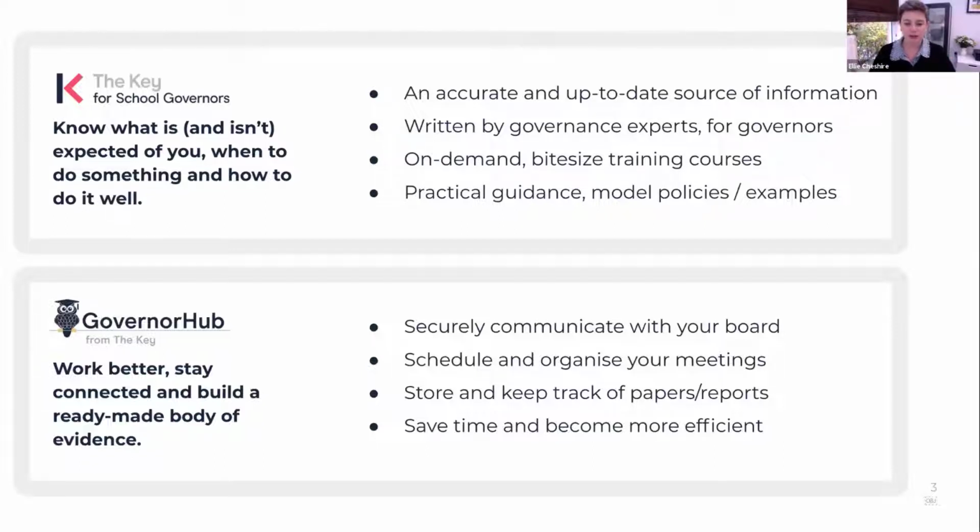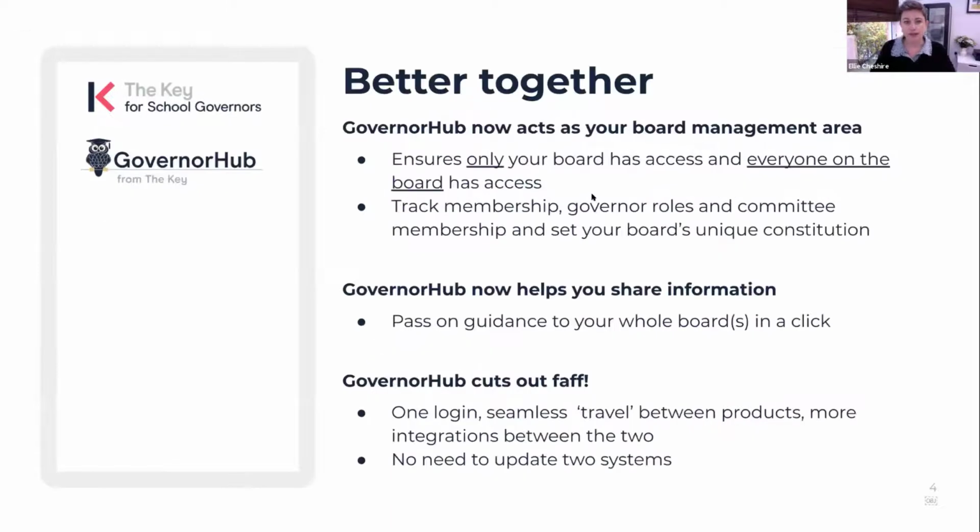But when you're doing your governance, you just need those snatches of time to do it. So really what we're trying to do with these products, and as me in the product manager role, is to make sure that we're developing in the way that we need to. We're cutting out faff for everybody, making life simpler, cutting out the noise. And no matter how well these products are working right now, can we do it better? Can we make it easier? Can we take the great bits from each one and make sure that they're working better together? So the reason that Key for School Governors now has GovernorHub within the package is that this is part of that package ongoing. This isn't a let's try it for a while and see. This is part of our ongoing plans, and this is what's happening now.